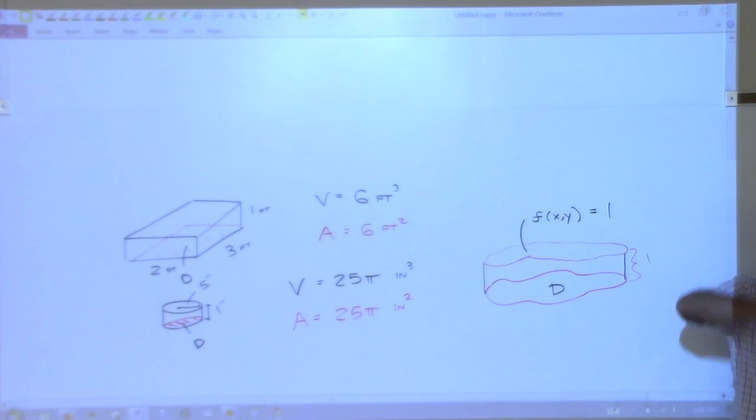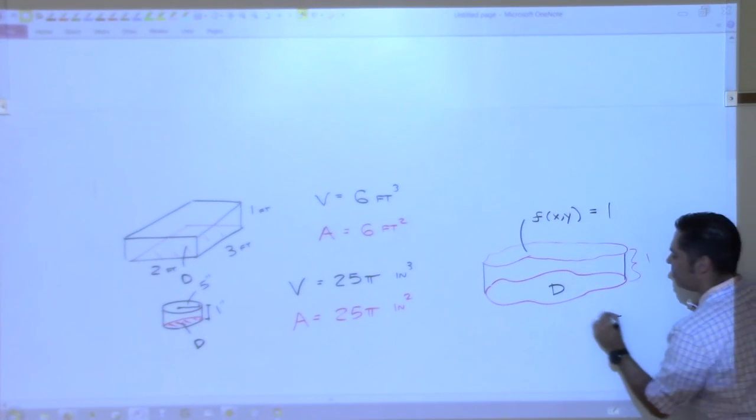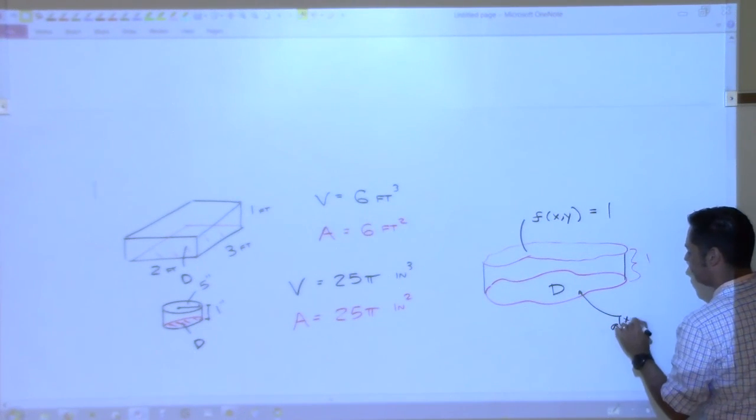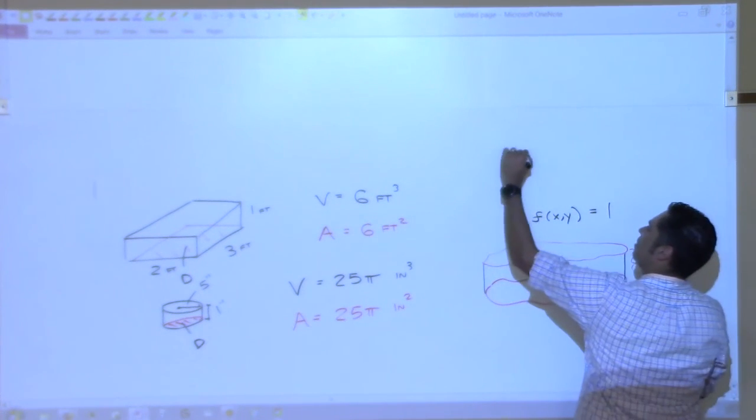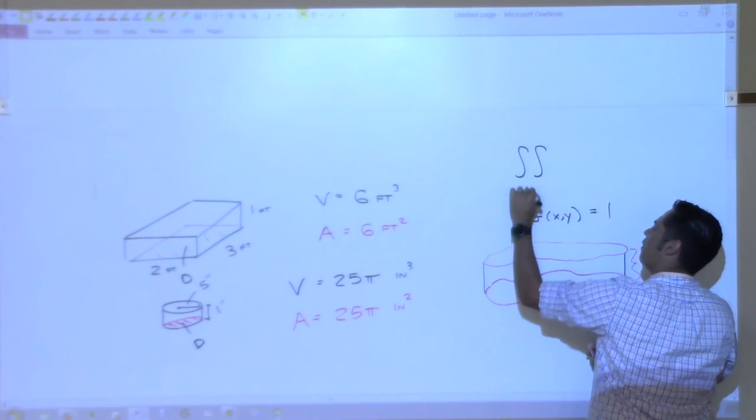Wouldn't that be a surface that's exactly 1 unit high? And then what would the bottom surface, g of x, y, be? Well, that's the ground, so that would be 0, right? Y'all with me? So the double integral over D